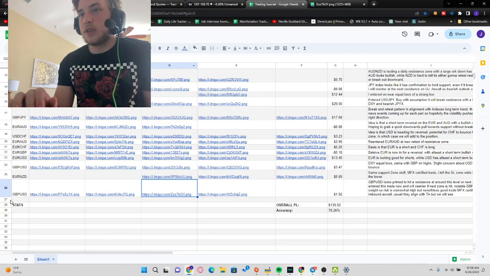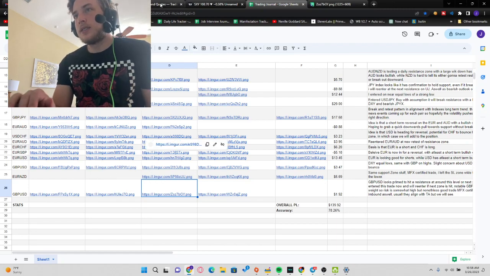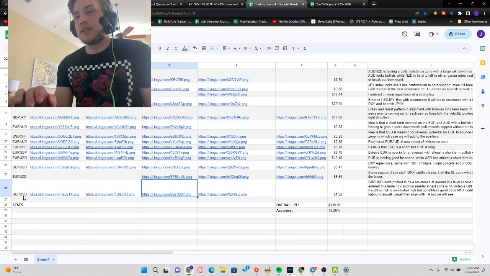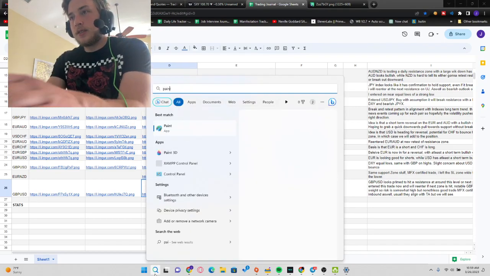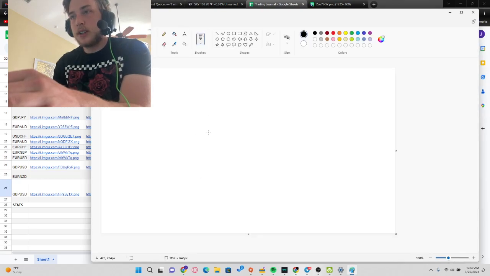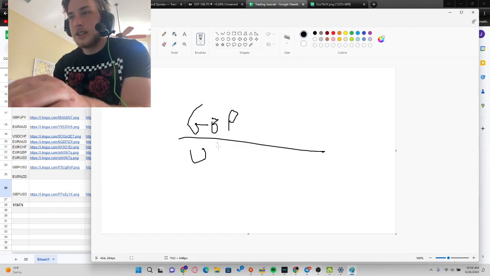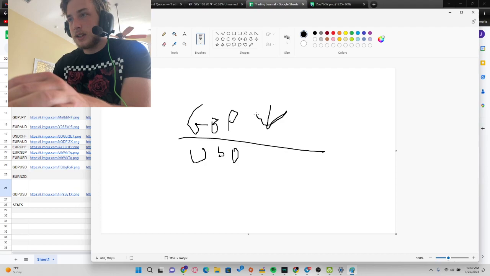So basically, if you want to use indexes to work with your Forex trading, you have to realize that it works like a fraction. Just a basic fraction, if you've got GBP over USD, and if the GBP goes down and the USD goes up,